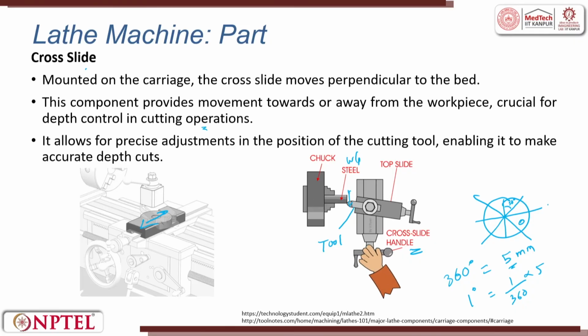Quarter is what? So, half is 180 degrees, quarter is 90 degrees. Now, quarter is 1.25 millimeter. Now, I am going to go half of it, that is 45, that is nothing but 0.625 millimeter. Now, I am going to go half of it. So, that is going to be 0.16 something millimeter. So, now you see how precisely in the linear motion you get when you try to rotate it.